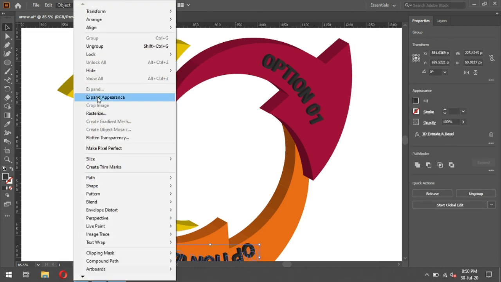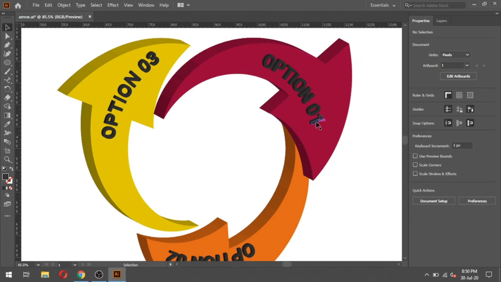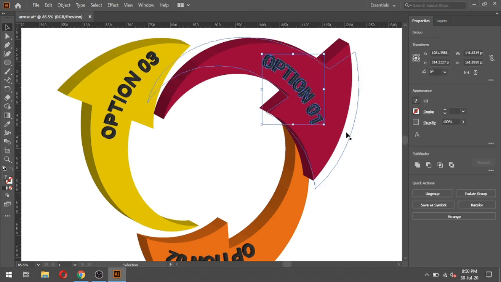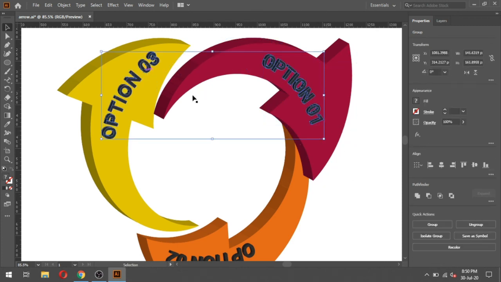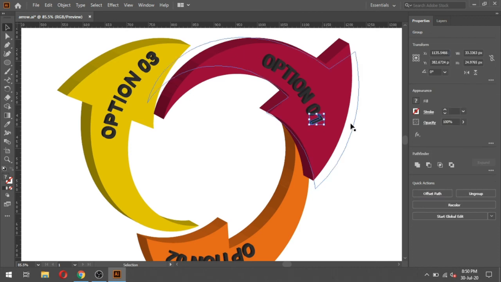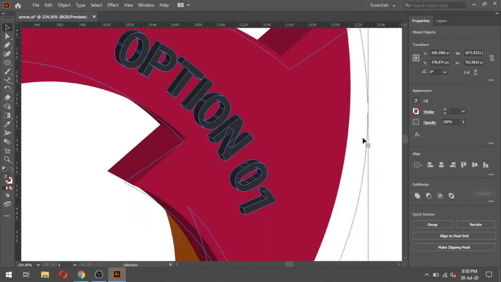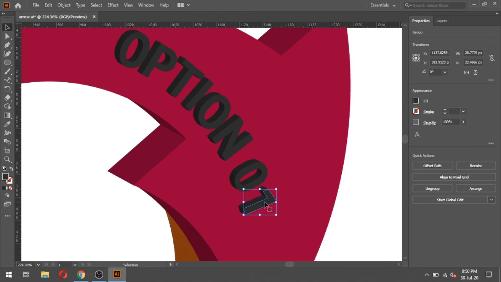Expand it. Now select this text, ungroup it and again ungroup it. We have to ungroup our text 2 times.